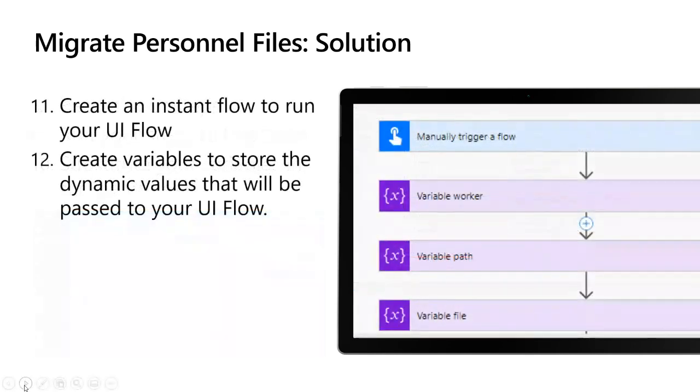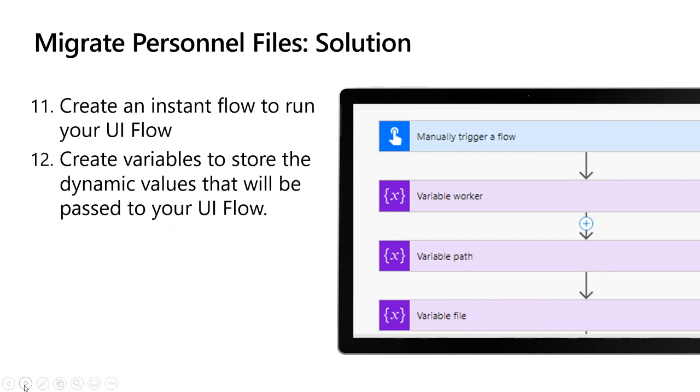So once they had created the UI flow that does the actual clicking inside of human resources, what they did next was they created an instant flow. Since this was a one-time data migration effort, the instant flow made a lot of sense. So they selected to manually trigger a flow. There were no input variables for that. Just when they were ready to run that as a part of their cutover process, they would go trigger this